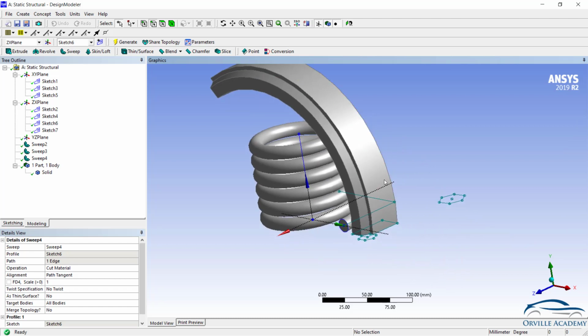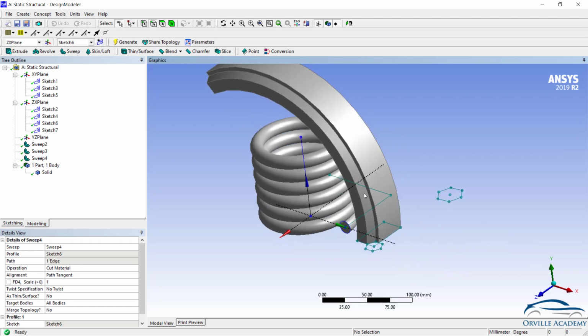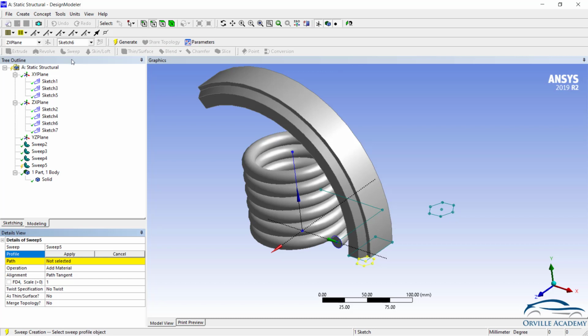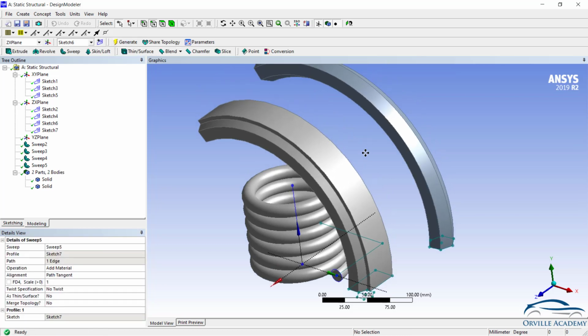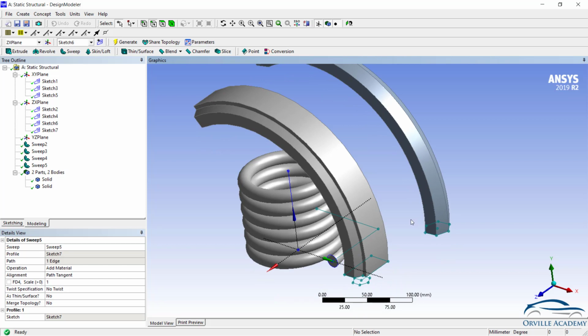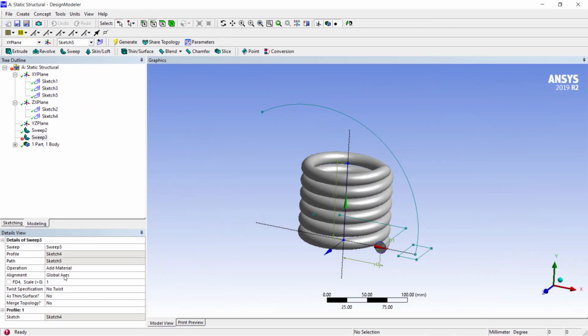Not only that, it is not necessary that your profile has to be close to the path. Here I have created the profile far away from the path. Now let us again try the sweep command. Click on the sweep. For the profile, let us select this profile, and for the path, let me select this as my path. And here say apply and then go for generate. As you can see here, it is not necessary that the profile should be close to the path, and not only that, for the path along with the 2D lines you can select the 3D edges also. So I hope now the sweep command is clear to you. In the next session we will see skin and loft.